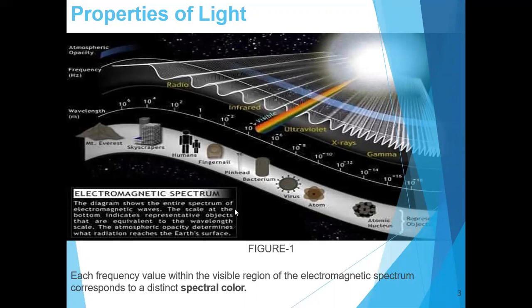A light source can be the sun, which gives visible light, or we can also have light emitted by household light bulbs. They all emit all the frequencies within the visible range so as to produce white light. As we can see, the light produced by the sun is a white light, and the light produced by the light bulb is also a white light.